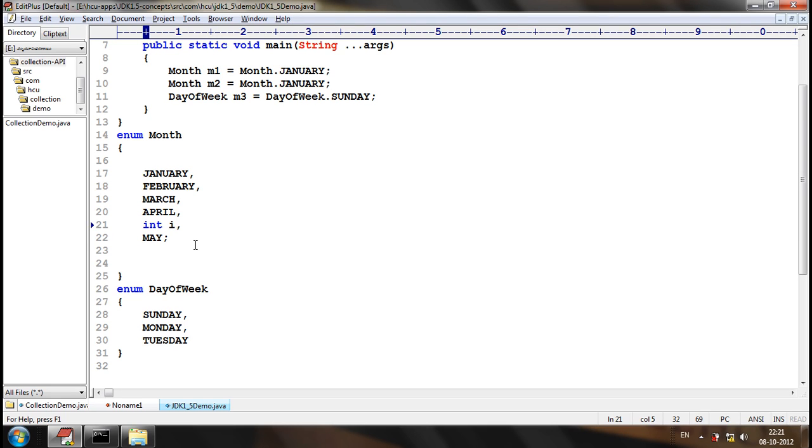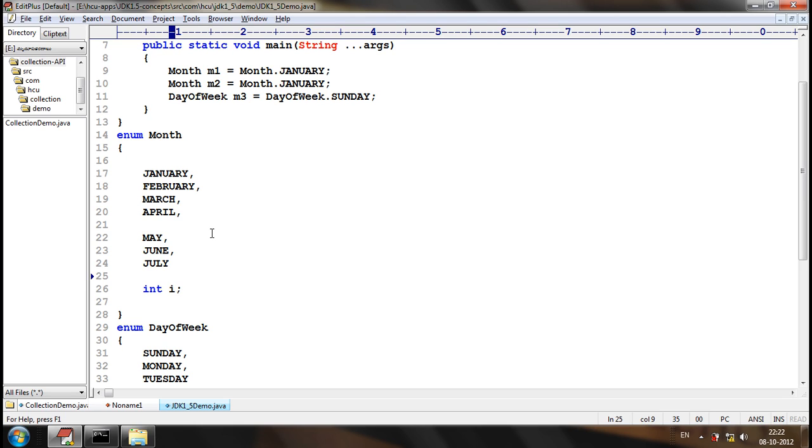Now let me write some more months, and let me make it here. Now, the variable is at the end of all the enum constants.